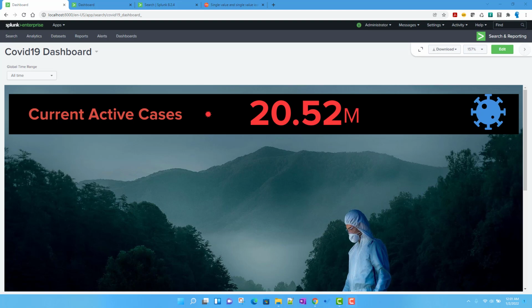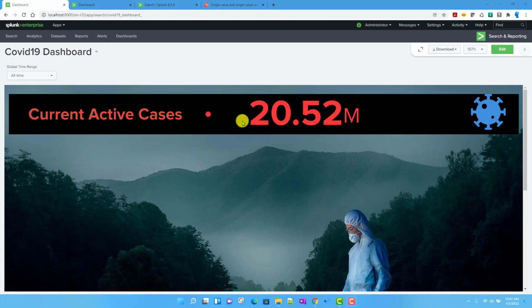So, in the previous video, we were discussing the Splunk single value visualizations, right? We saw how to create the single value icon visualization in our Splunk dashboard, and we are working with COVID-19 data. It's static data we downloaded from Kaggle. This is the second part of the video, where we are still going to discuss single value visualizations, but this time we are going to create a separate one.